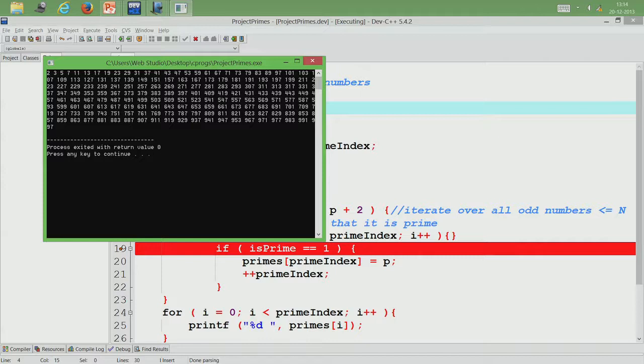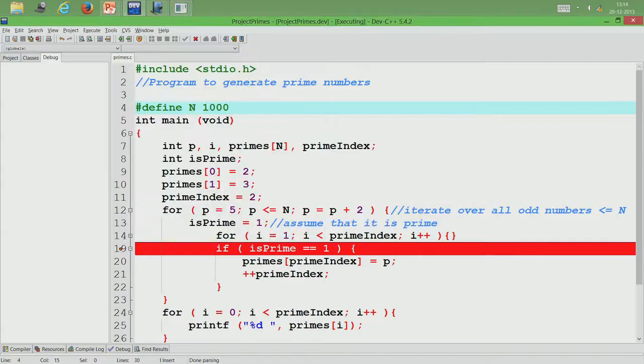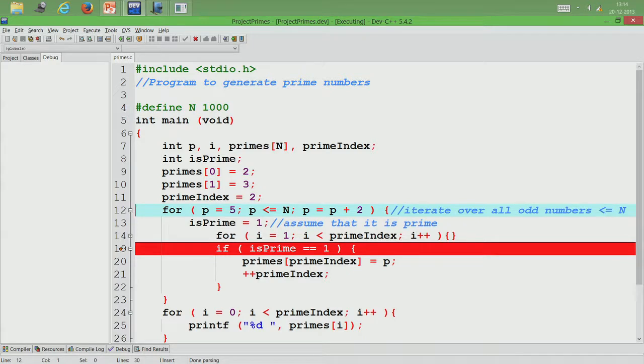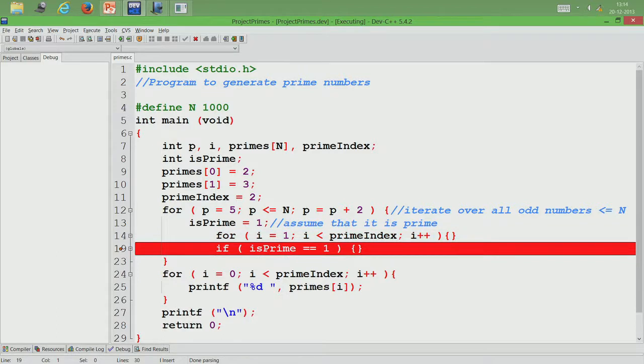One thing that I want you to observe is that the line numbers are a very useful thing. So, use them when you want to discuss programs and so on, and you can also use this collapse and expand. If you do not want to see all the code, you collapse and expand. So, when I want to see what the outermost loop is doing, I collapse everything else inside. So, now this is very clear. So, I am iterating over all the odd numbers less than or equal to n, right.